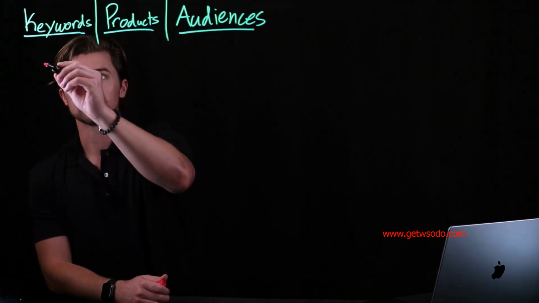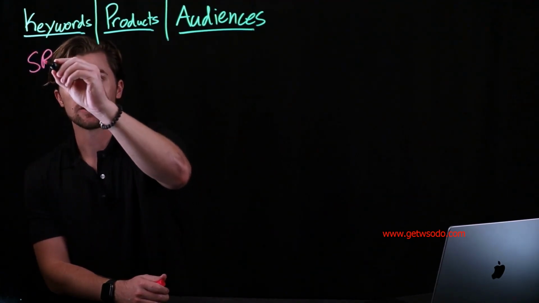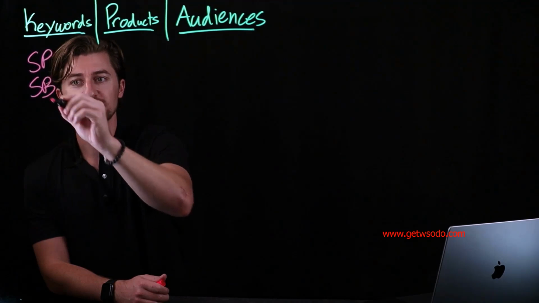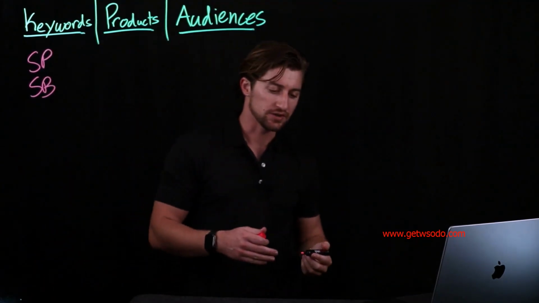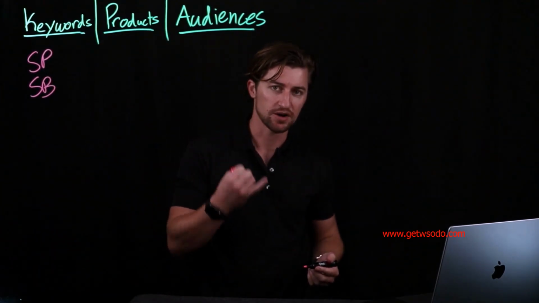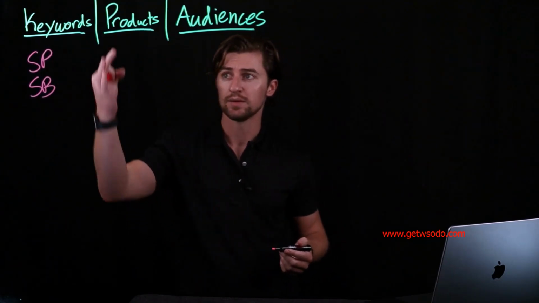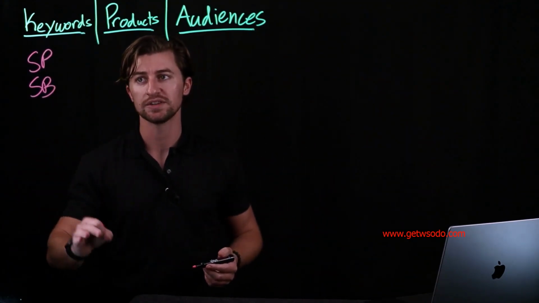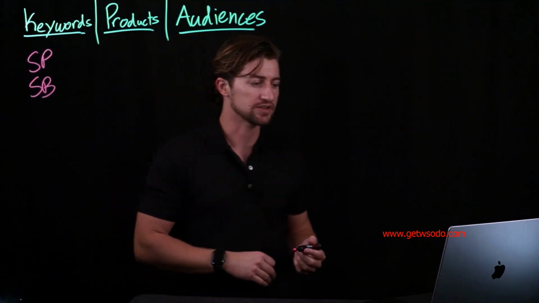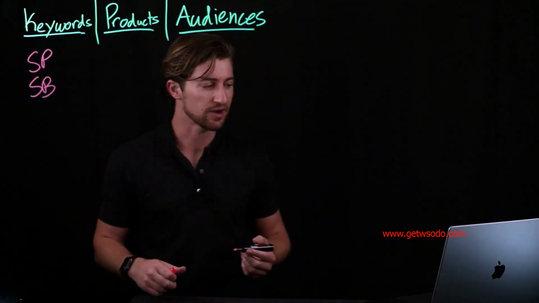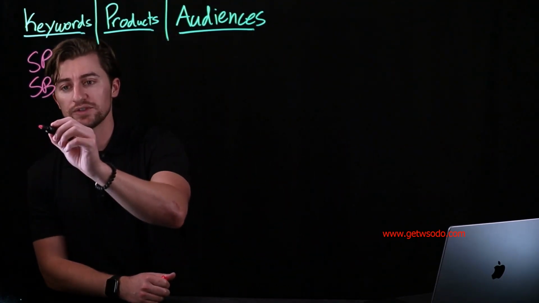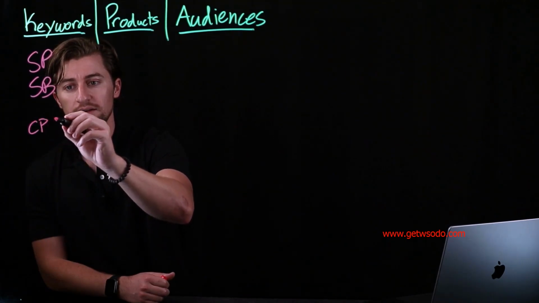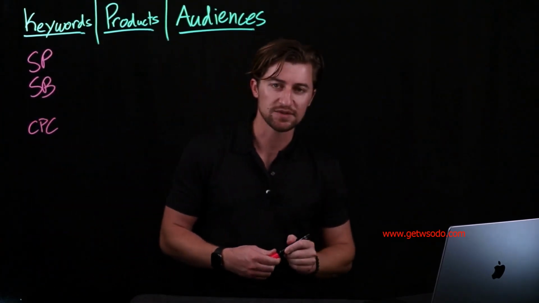But with keyword targeting, we have these primarily for sponsored products and sponsored brands. So as you know, there's three campaign types: sponsored products, sponsored brands, sponsored display. But if you're trying to do keyword targeting at the moment, we can only do these with sponsored products and sponsored brands. These models are a CPC model, which is important to note because Amazon's actually going to